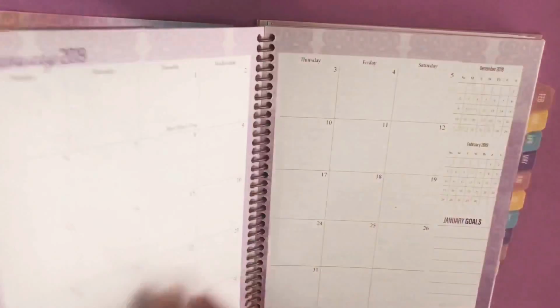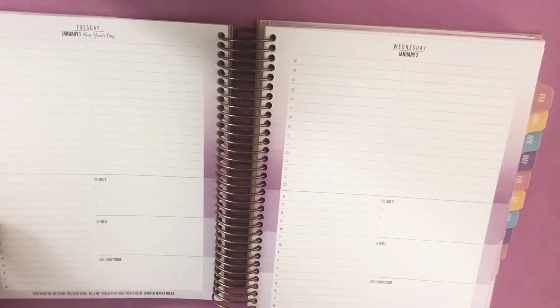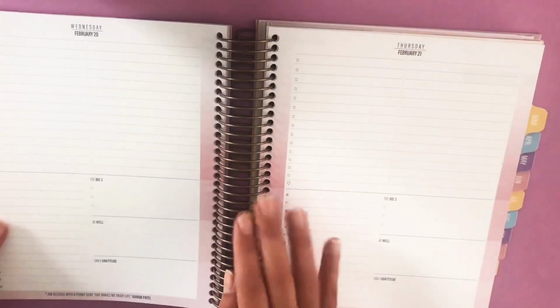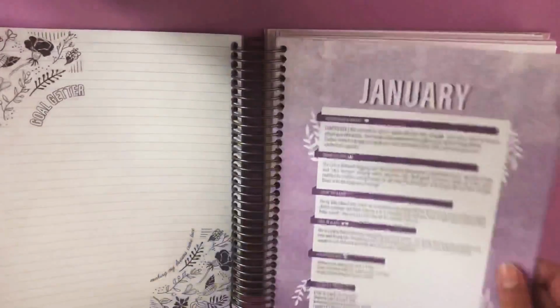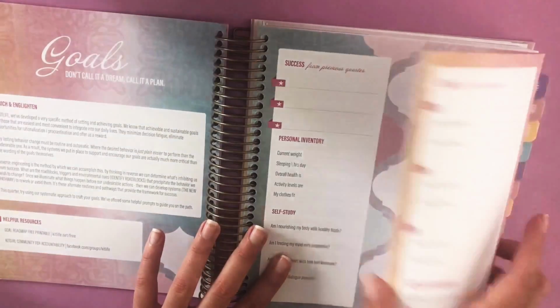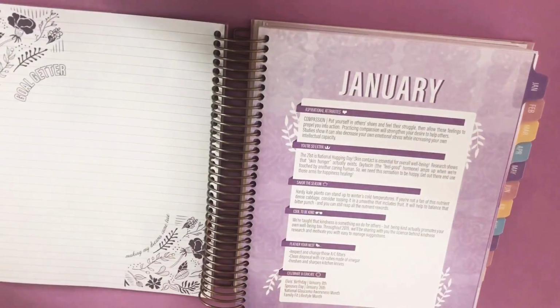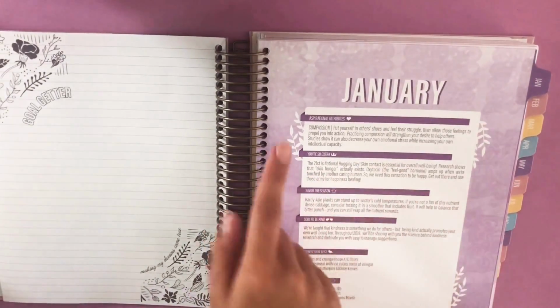So you can start putting it in this first week of the year over here, but then if you want to recheck in, let's say further along the year in February, you can move it to this area as well. So it's super convenient, and they have them for each quarter. So each quarter of the year, you'll be able to take off this perforated sheet here and stick it in that dashboard. Of course, you've got your notes pages before every month starts, as well as some different areas of your life